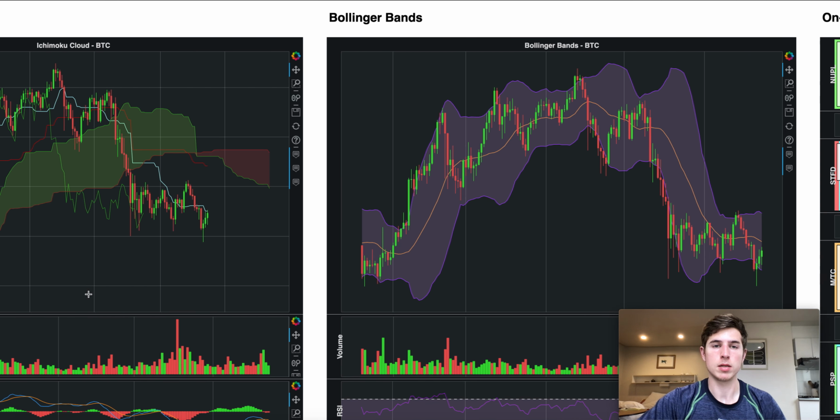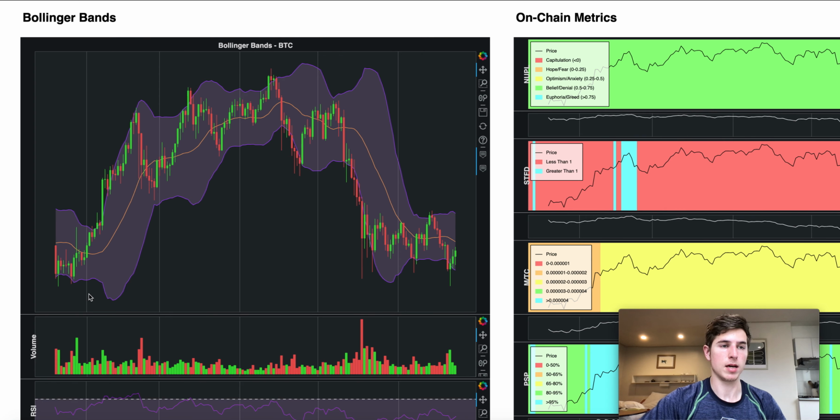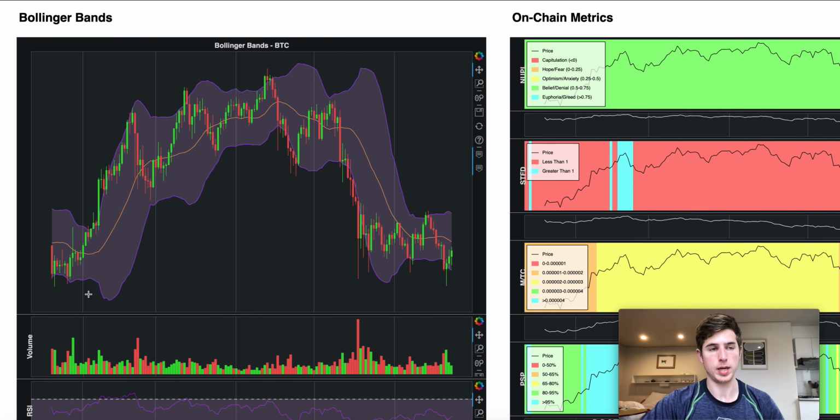Moving on, the next set of indicators here is related to Bollinger Bands. And Bollinger Bands are a measure of volatility. So when we see big price moves like this, we end up getting a very large Bollinger Band, indicating that we've had some recent intense volatility. And price does tend, after these big periods of volatility, to come back to the midline in the Bollinger Band